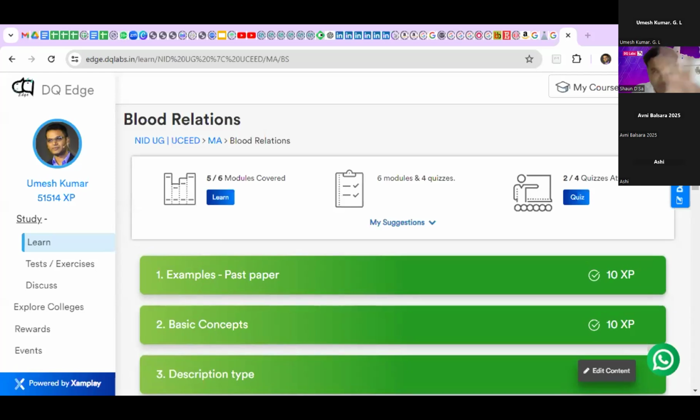Before I answer that question, somebody had asked, where can I get additional resources for your daily sketch practice? Are you all aware of the DQ Labs Pinterest page? How many are aware of the DQ Labs Pinterest page? Sir, it's in the basic design part. The last part is the daily sketch.